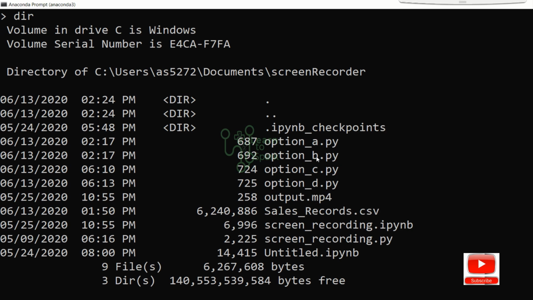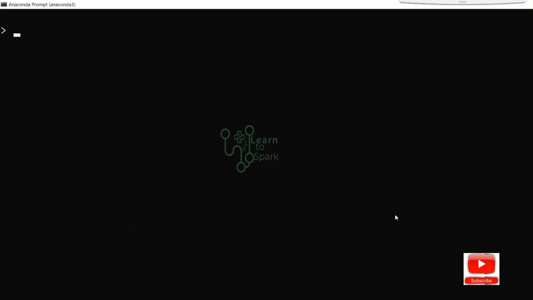You can see option A, option B, option C, option D, and the source file here. Let us execute one by one. I will give a Spark submit. Since we are running it locally and master is local by default, I will just give the py file alone.